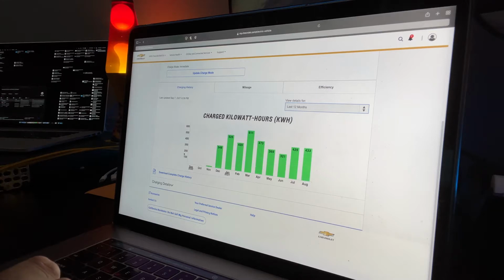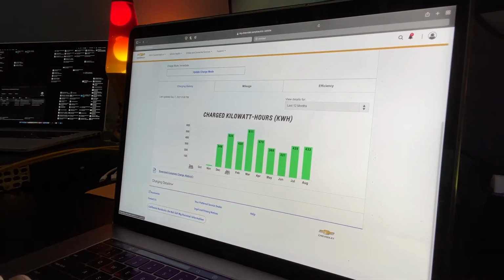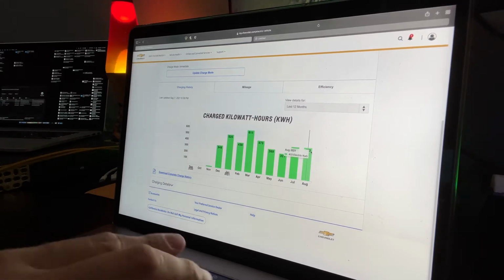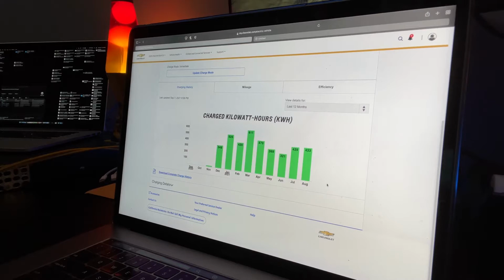And one of the things that I like about this is you can download it all here. So you can download your charge history. In fact, why not? Let's do it. And while that's doing that, you can easily calculate based on this number here, that number right here. Here, let me just use my finger. So these numbers here, you can pretty much calculate that times the cost per kilowatt hour that your utility charges, and it should give you a fairly rough estimate as to how much your cost was to charge your EV